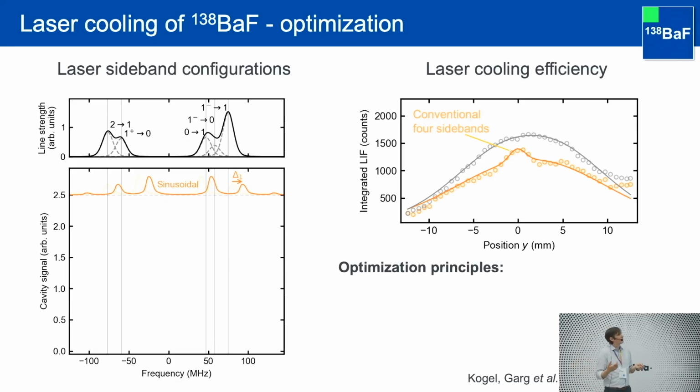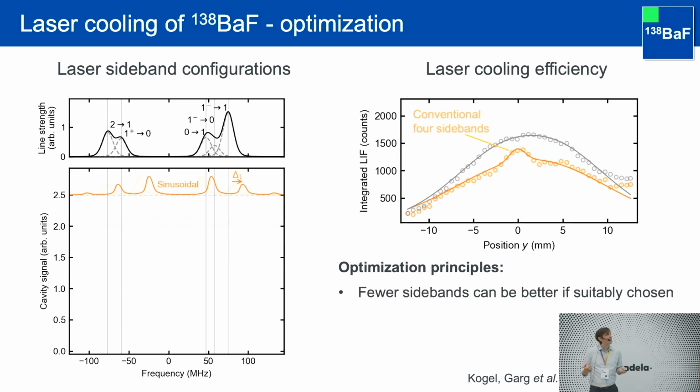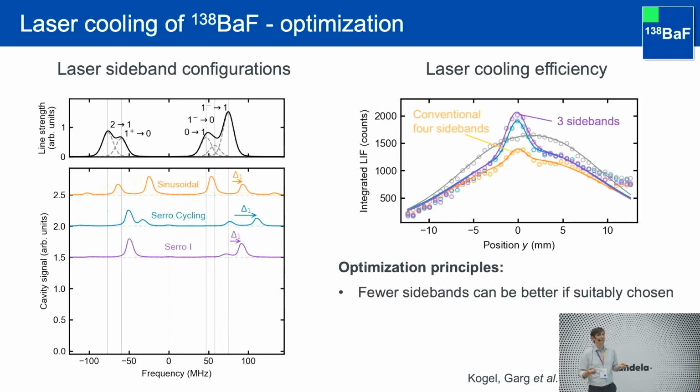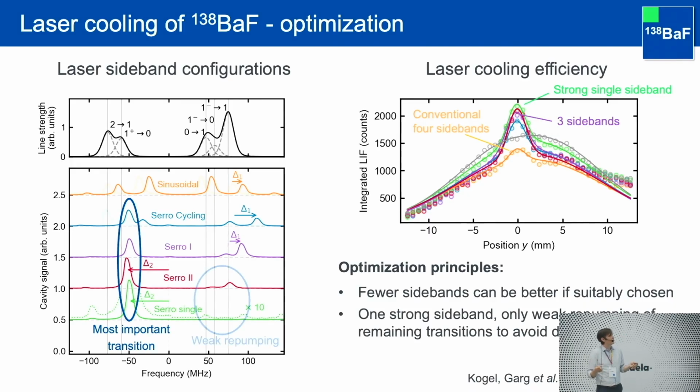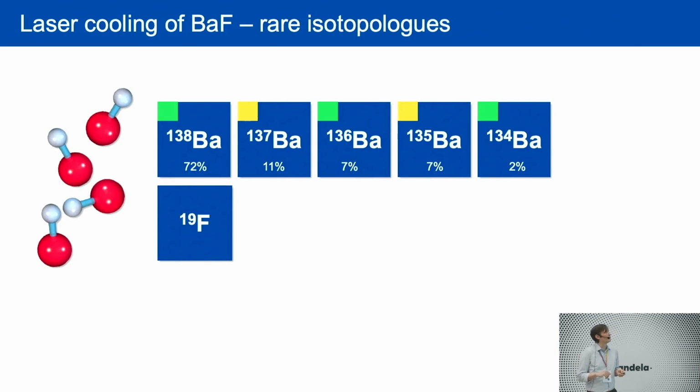But then as I pointed out before, you can optimize these forces, and we can test this all in the experiment and apply something that is more like what the simulations were telling us here. And then you do start to see this peak, and you can even make this more efficient by putting all the power that you have into this one important sideband here, and you see that is really what gives you the strong forces in the end that collimate your beam. Good. So bottom line is modeling and optimization work well. We know what we're doing in terms of these forces, so let's move on to something more complicated.